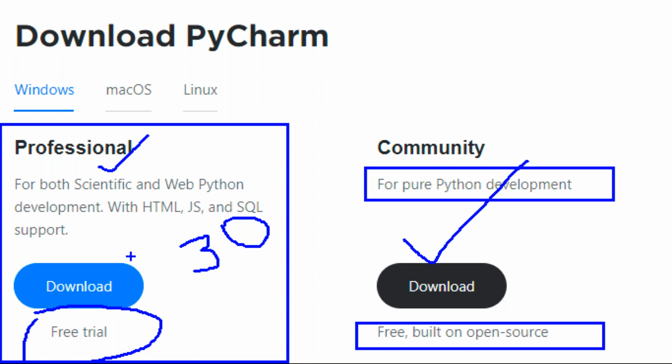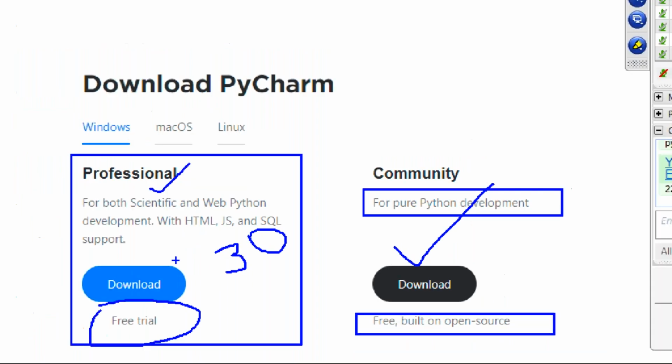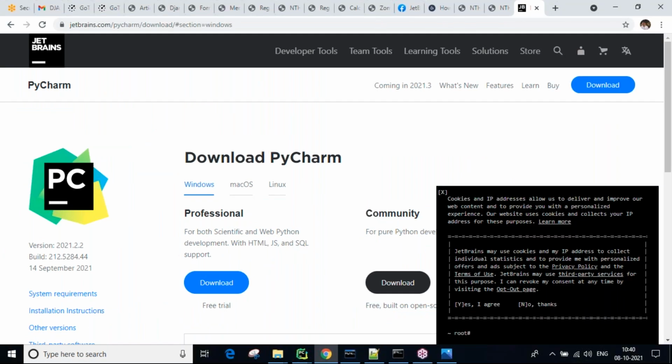This process takes a matter of 10 minutes, instead of paying dollars. After downloading, an exe file comes, and by double clicking and clicking next, you install it properly. You can search for PyCharm installation steps, then you will get it.